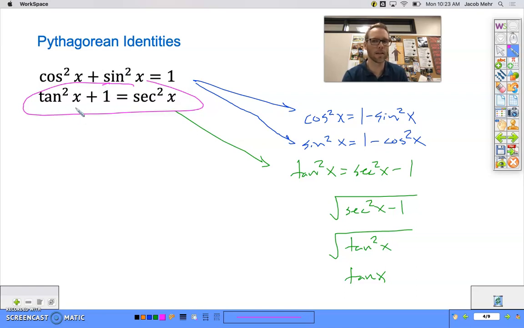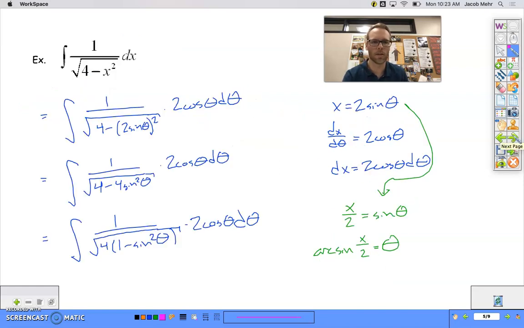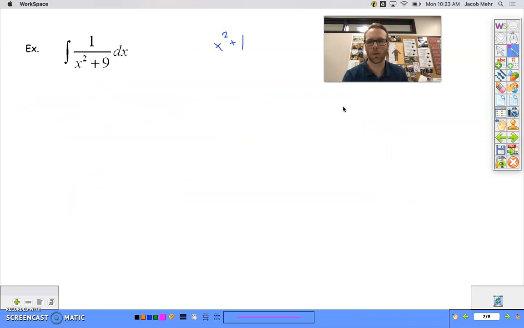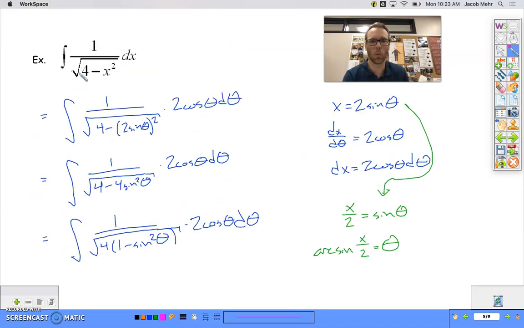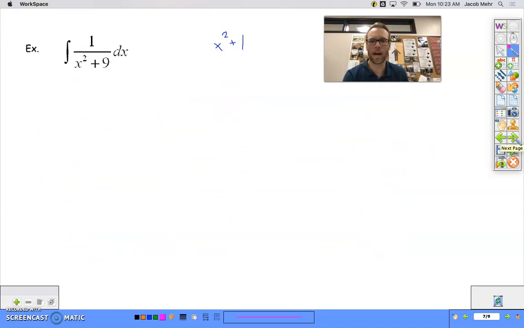I want my x to be the tangent. So I have a tangent squared plus 1. However, just like that last problem, we don't have a 1 there. Just like in this problem, we didn't have a 1, we had a 4. We have a 9. So my thought is, if I had a 9 there, I could take that 9 and factor it out. Okay, and we'll be okay. So what's our substitution going to be? We're going to let x equal